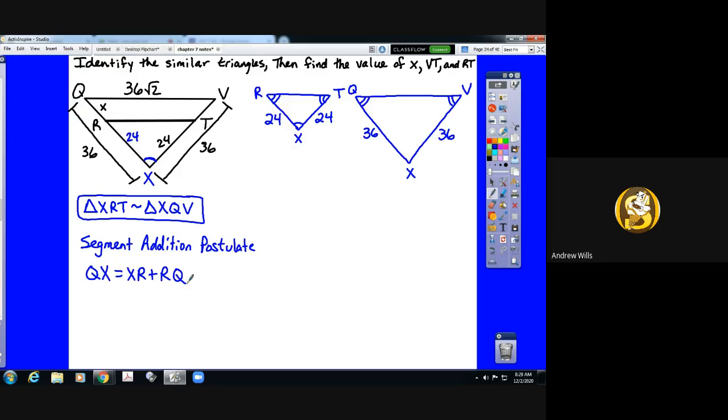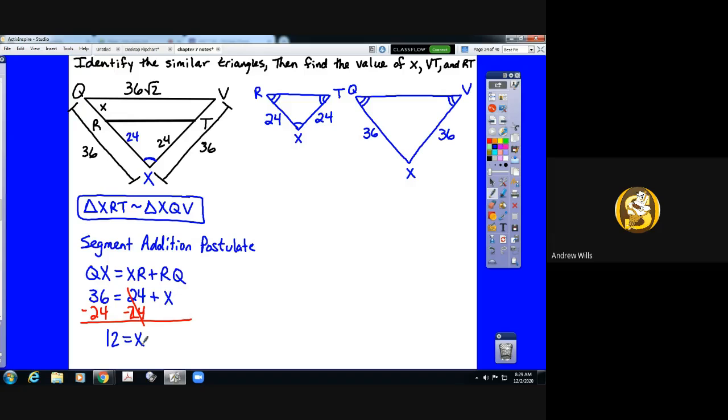Well, that's relatively simple. QX is 36 units, XR is 24 units, and RQ is x. So a quick subtraction. Subtract 24 from each side, and we get x equals 12,